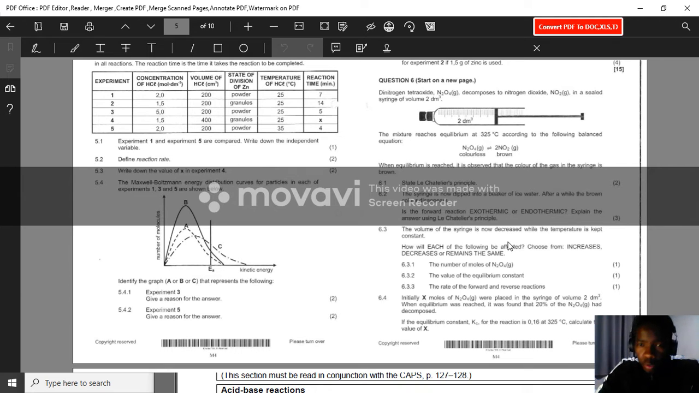But when you state Le Chatelier's principle according to the exam guideline, you must say that when a system, you must show